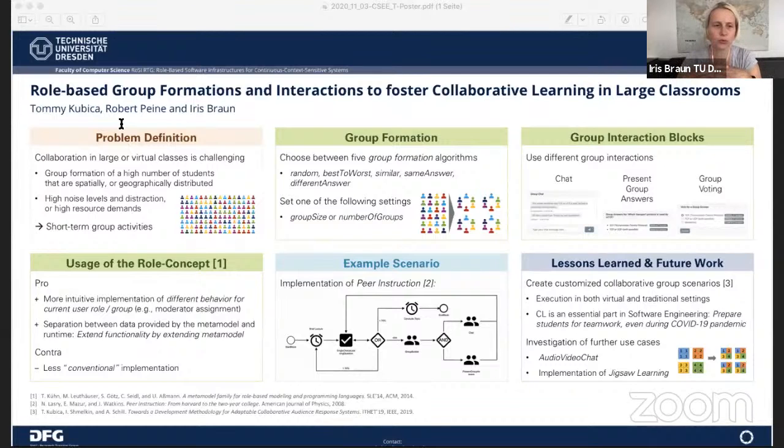Or we can form groups by their different interests in different topics, which we asked before group formation in such a survey question that Tommy showed in the meta model. Another use case is the internal differentiation in large classes. So we can combine the weakest students for the repetition of missing knowledge, or the best students